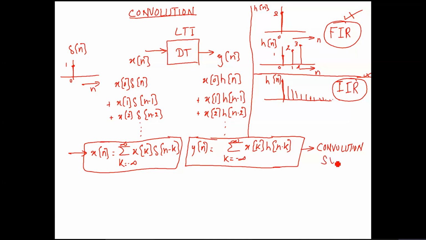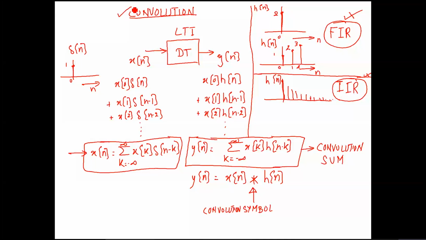And we have a symbol for this also. At times we just write this y of n as x of n convolved with h of n. This star symbol is your symbol for convolution. Let's call it the convolution symbol, that star sign that you see. So this is that theory of convolution,